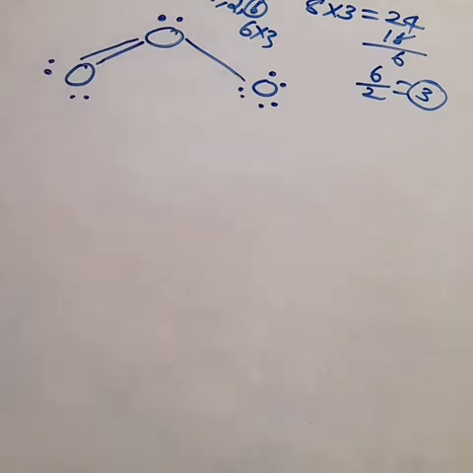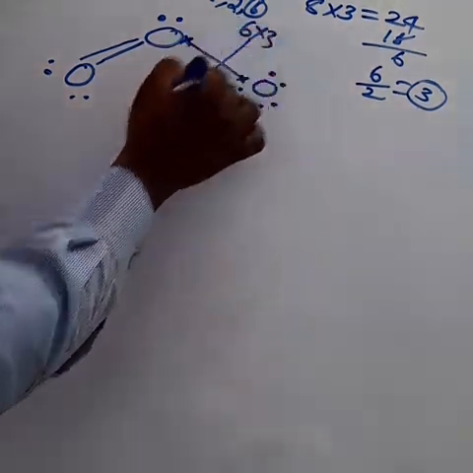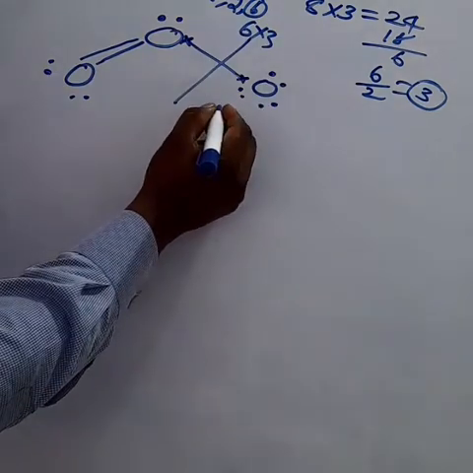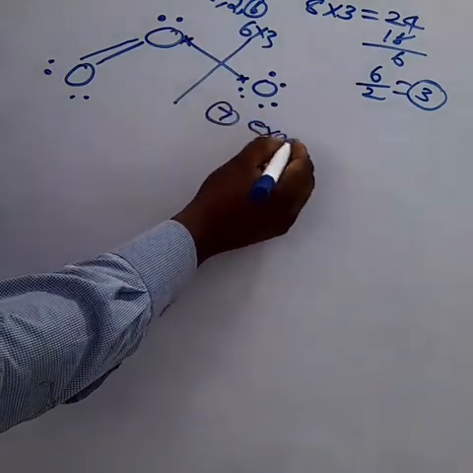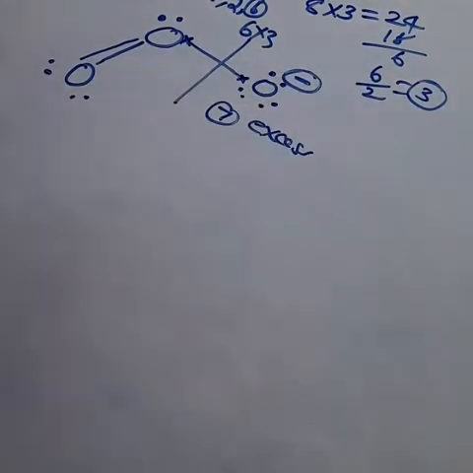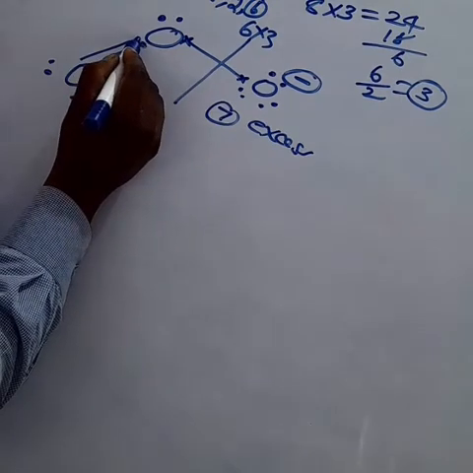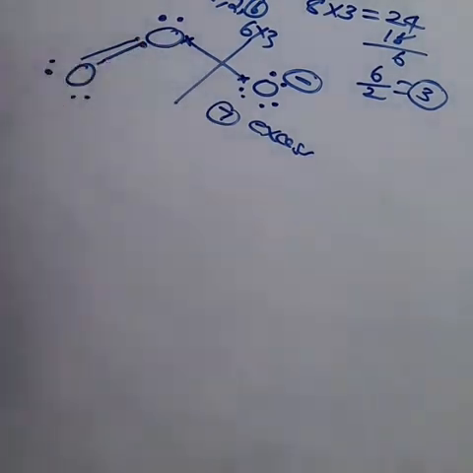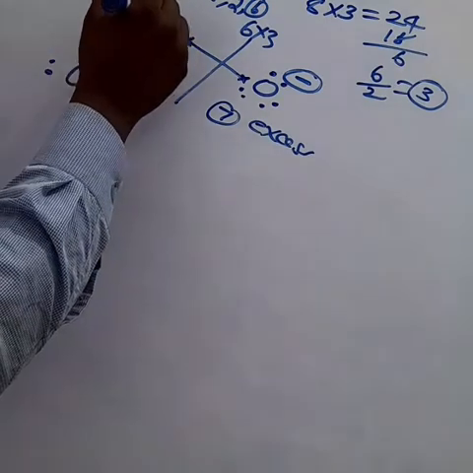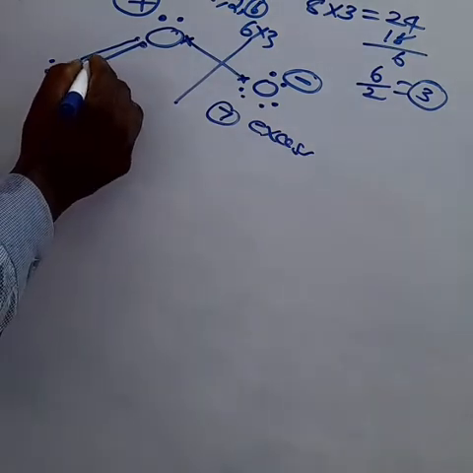How can you find the charge? The single bond oxygen here has 1, 2, 3, 4, 5, 6 electrons and here also 7. There is an excess electron, so make it negative. About the central oxygen, how can you find this one? 1, 2, 3, 4, 5. So shortage of electrons, so make it plus. What about this oxygen? 1, 2, 3, 4, 5, 6. This oxygen, everything is correct.